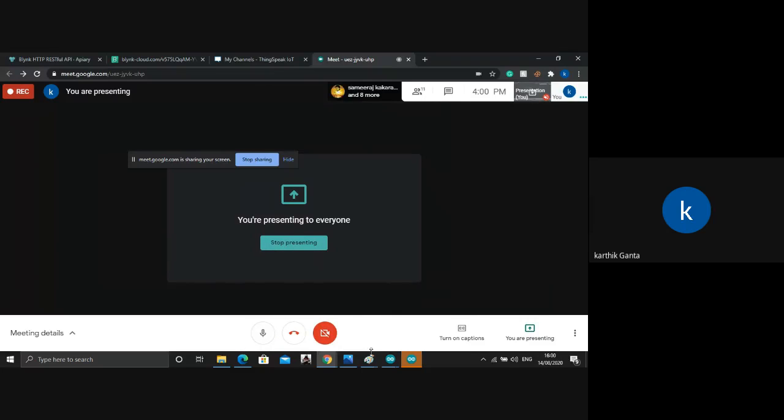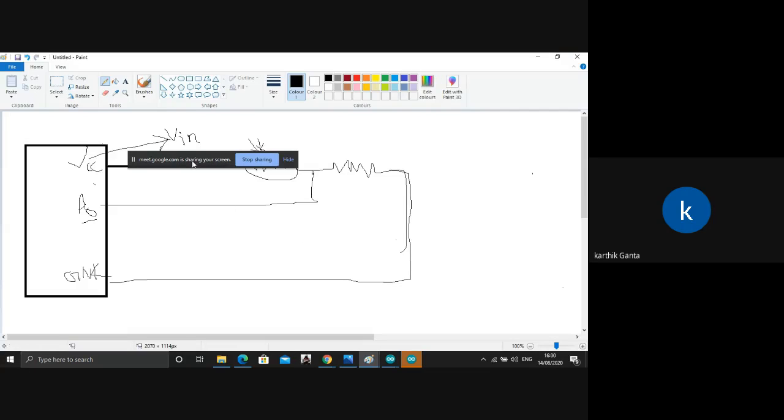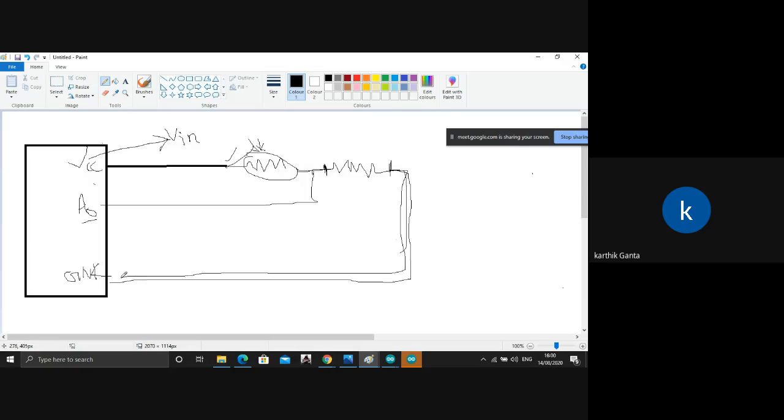Okay, let's start. So yesterday we learned how to interface the NodeMCU to the relay, right? We take the VCC and connect it to one end of the LDR, and connect the next end of the LDR to one lead of the resistor, and the other lead of the resistor is given to ground, right? This is the connection, and we are going to take the output at this node. By varying this resistance, we can vary the voltage over here.